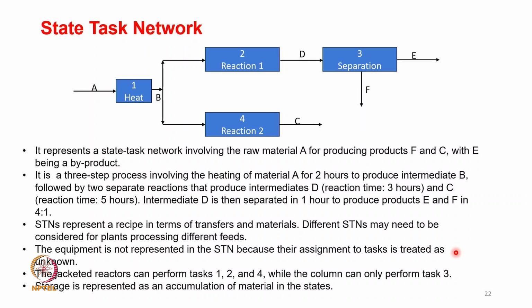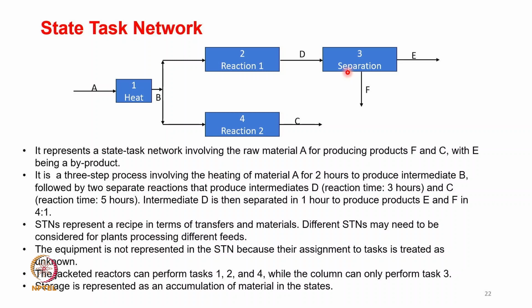Okay, so here you have a product A. So a raw material A is getting heated, split into two. It is going to reaction unit 1, reaction unit 2, and then post that, after the reaction, the product is split, it is B. When the reaction is completed, the top line has D and C, and you have separation to separate E and